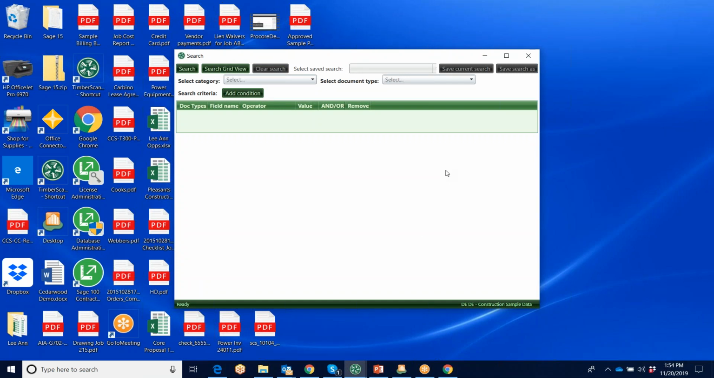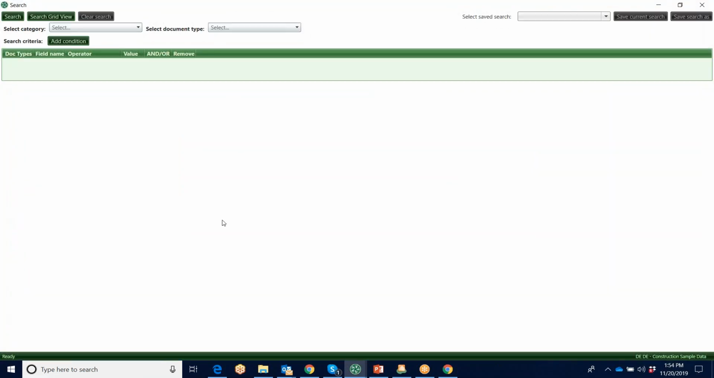Now, the one thing I will point out is this is new. So again, for existing Timberscan users, this is coming in the next release of Timberscan. We revamped the AIM searching, so we have this search grid. You can come in here and search by category or type. You can also save searches. So in this case, instead of building a new one each time, I have one built for all categories and